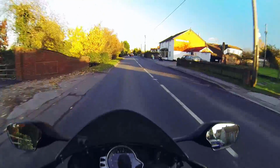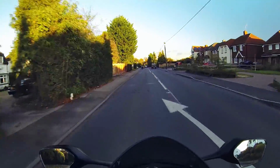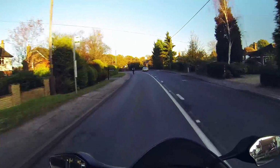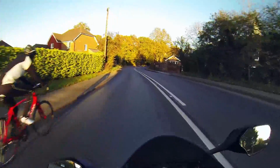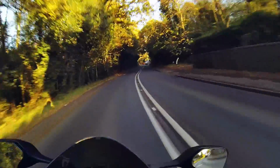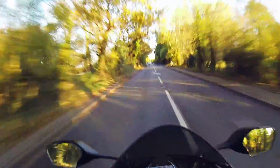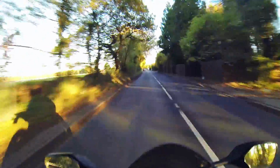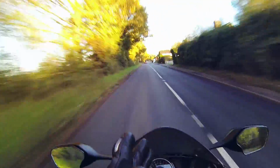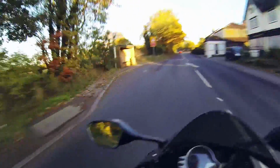I mean, one of the advantages of the Drift, I guess, is it's got the rotating lens, so even if you stick it on some jaunty angle, you can still correct it to a level horizon. Although you would lose about a third of your screen because you've got your helmet stuck in there, but some people like that. So yeah, that's the only thing I can think of that the Drift has over the GoPro, is that it's easier to flush fit. Although it is a lot longer, it is easier to flush fit, and you can rotate the lens independently of